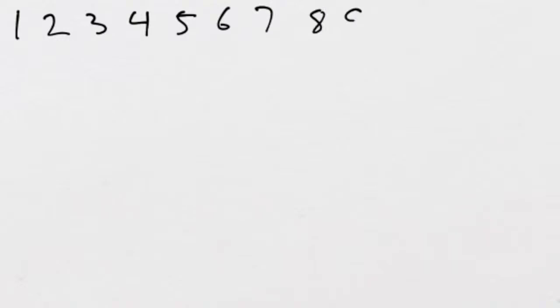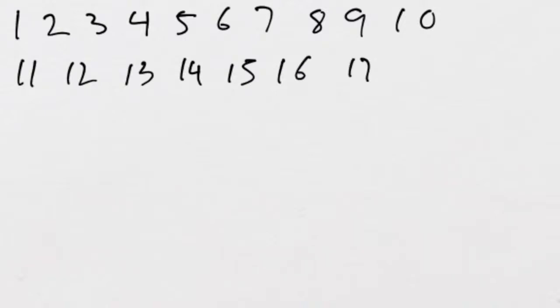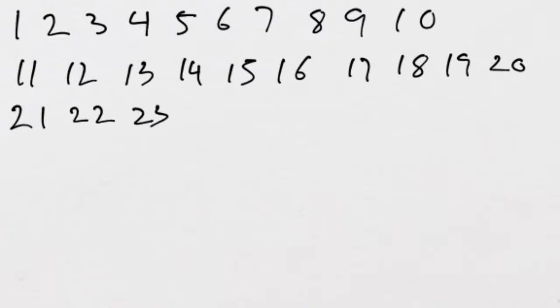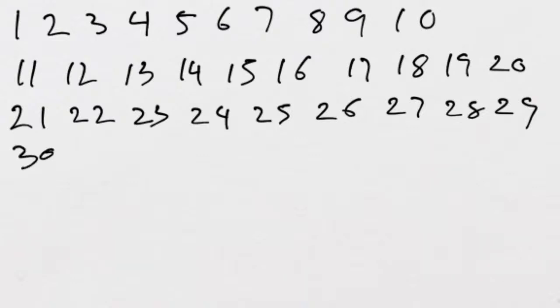Let's count and see how delayed the actual stream is. I'm going to start writing numbers here. 1, 2, 3, 4, 5, 6, 7, 8, 9, 10, 11, 12, 13, 14, 15, 16, 17, 18, holy crap, 19, 20, 21, 22, 23, 24, 25, 26, 27, 28, 29, 30, roughly 30 seconds, 31, 32, 33,